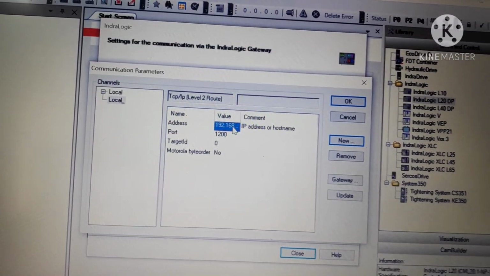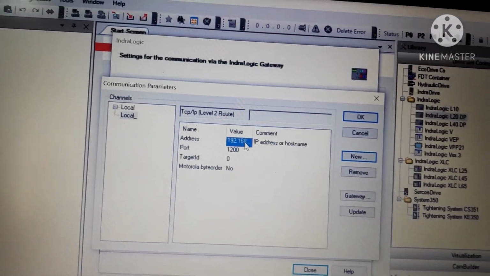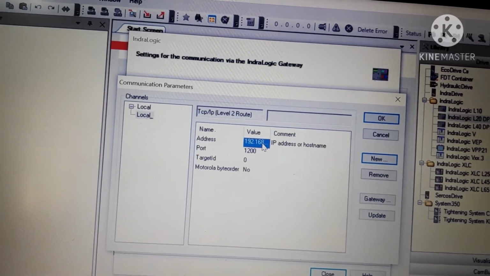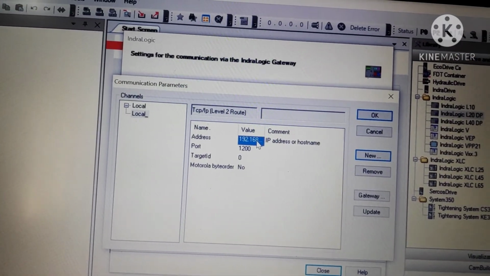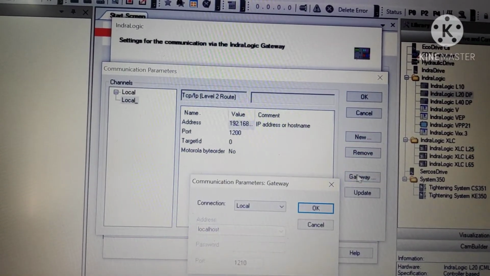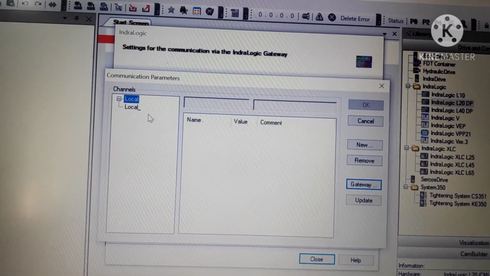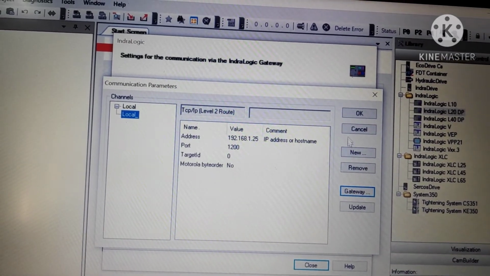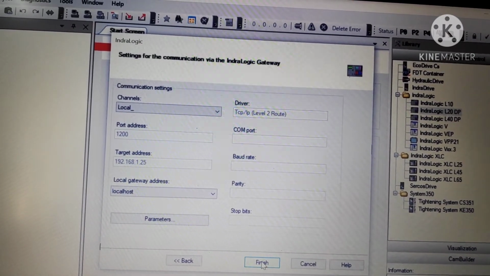So all the settings have been already changed. Once in offline mode, that can be clearly explained, because for online classes that is a little bit complicated, that you guys may not understand. That's why I'm skipping some things and giving you important techniques for how you can do programming very easily from your home. Okay, now go to gateway. Here you're not changing anything, just click OK. It will be local. So this is the server local, this is your channel where you will be doing the programming. Now here click OK and click finish.